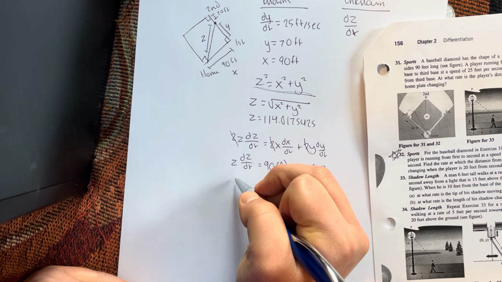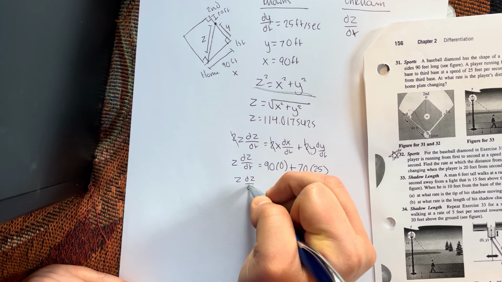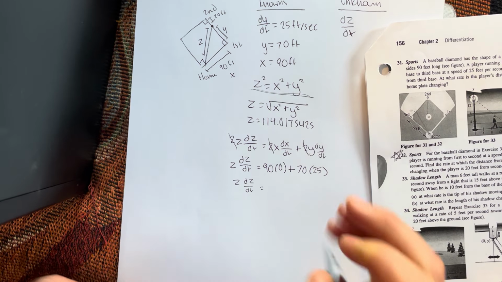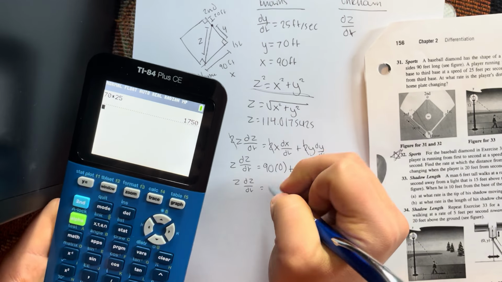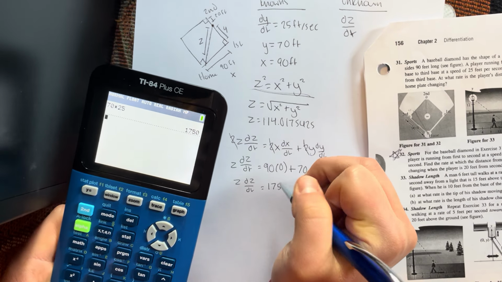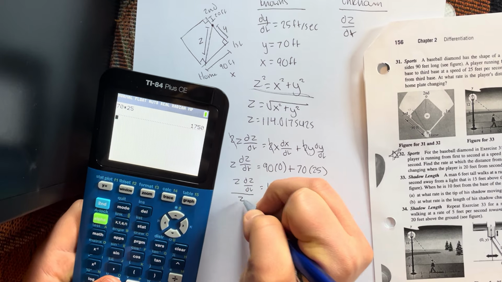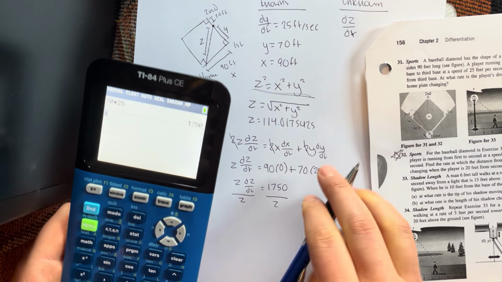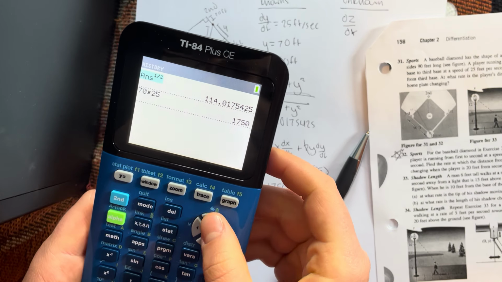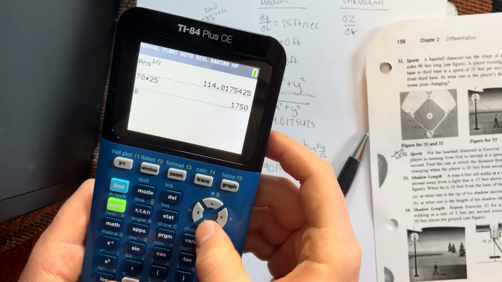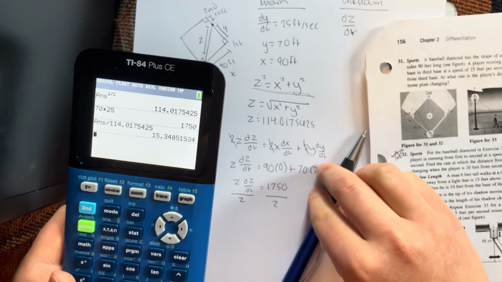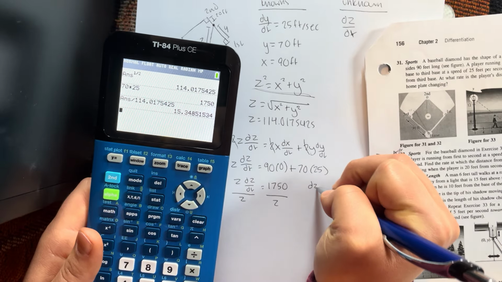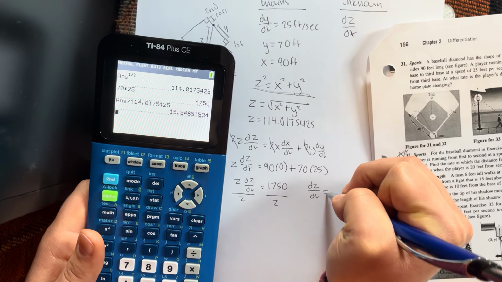So then that gives us z dz/dt equals 70 times 25, and 70 times 25 is 1750. So then we're going to divide both sides by z, which I have stored in my calculator. And that gets us our dz/dt, which equals